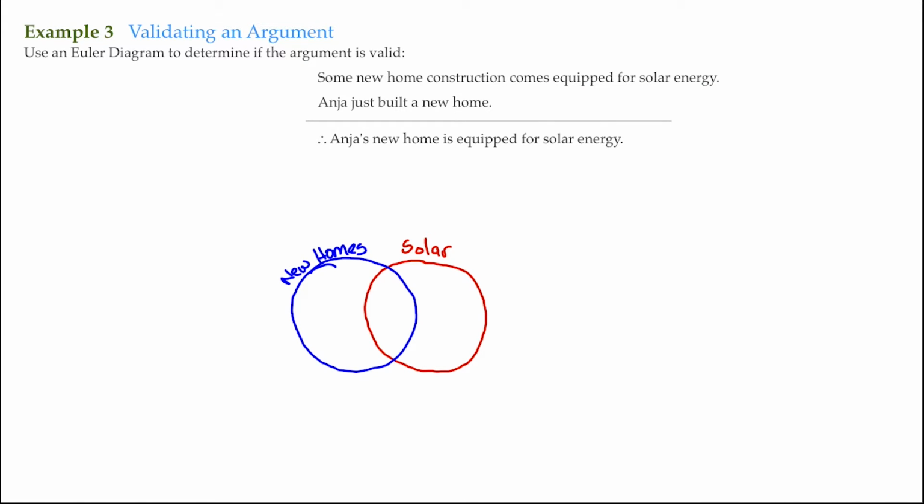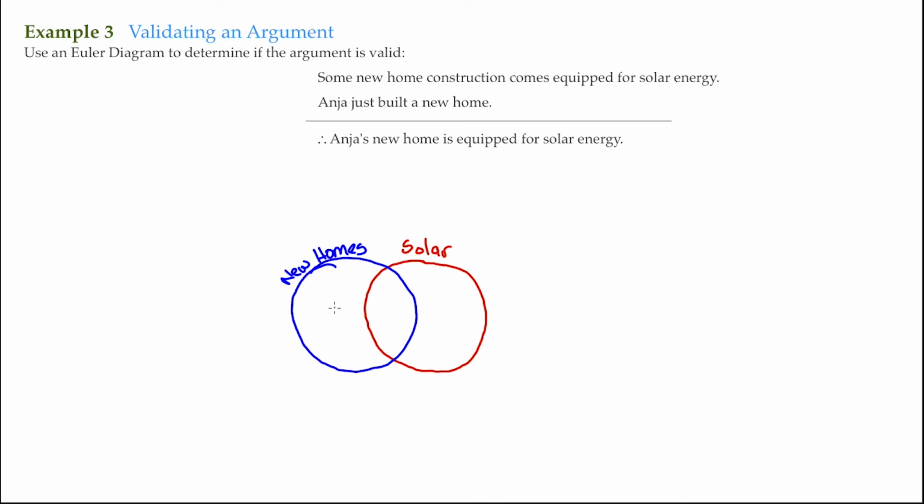Now the second premise, Anya just built a new home, is going to go on top of our first premise. So since this is not a quantifier, I could just use a label. We'll use A for Anya. So I'm going to put A right here. If that's where I place Anya, that confirms our conclusion here. Therefore, Anya's new home is equipped for solar energy, because here she built her new home and she's also in the solar energy. However,